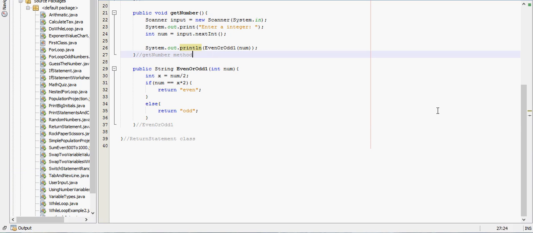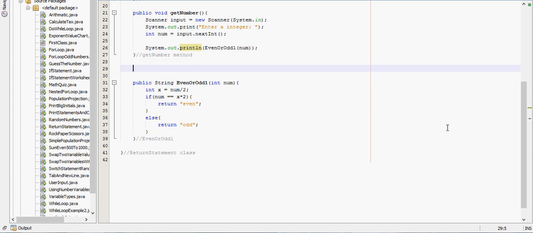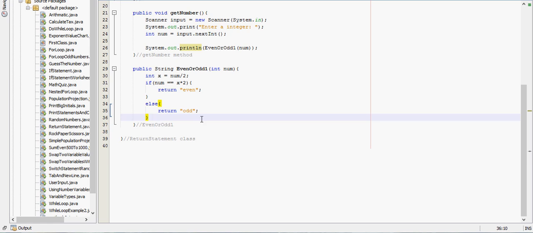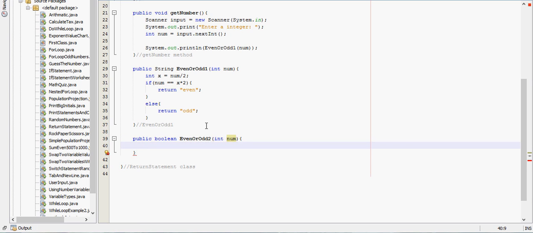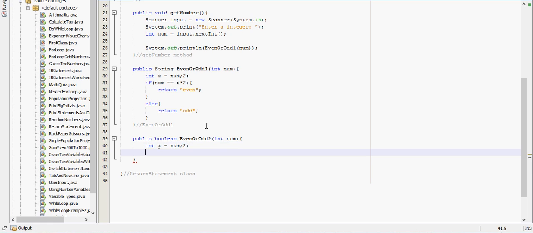So I can return more than just strings. I can also return booleans. So let's see. I'll create a new method for that. Public boolean evenOrOdd2. It needs to take in that same number. So let's see. I'll just do this the same way. Int x equals num divided by 2. So if num is equal to x times 2,